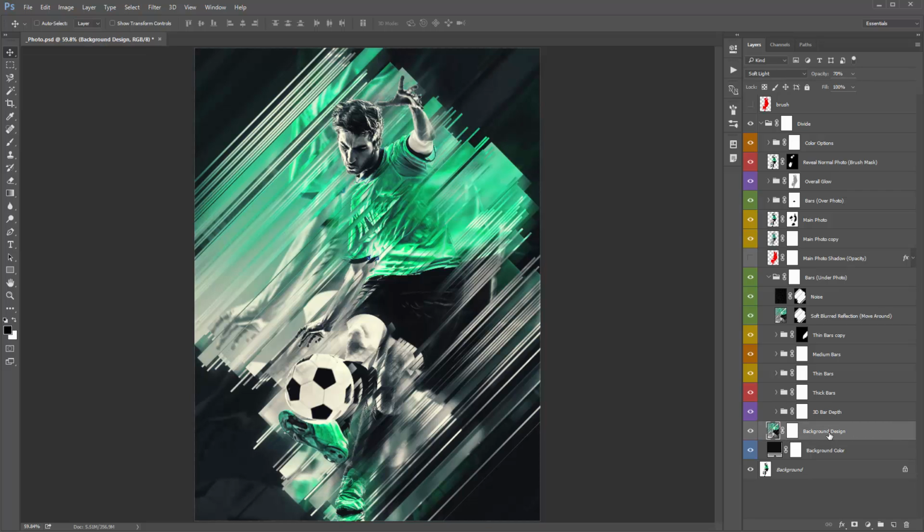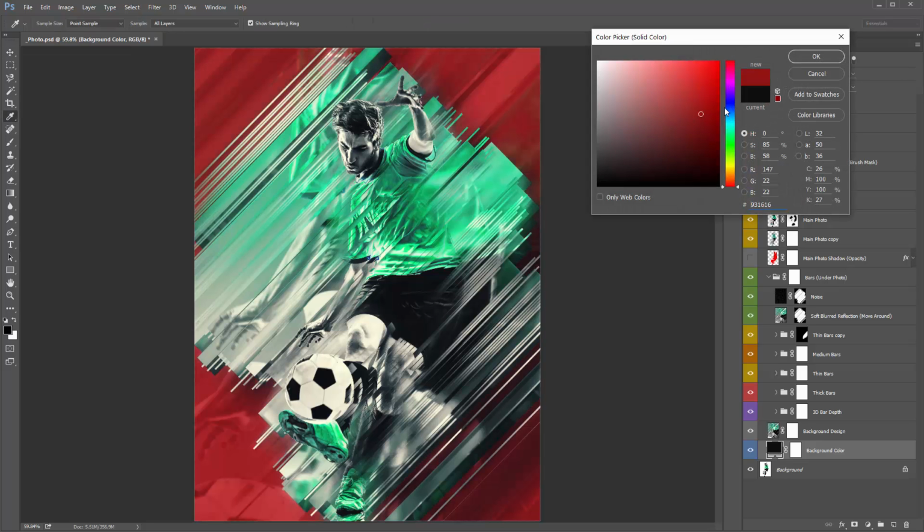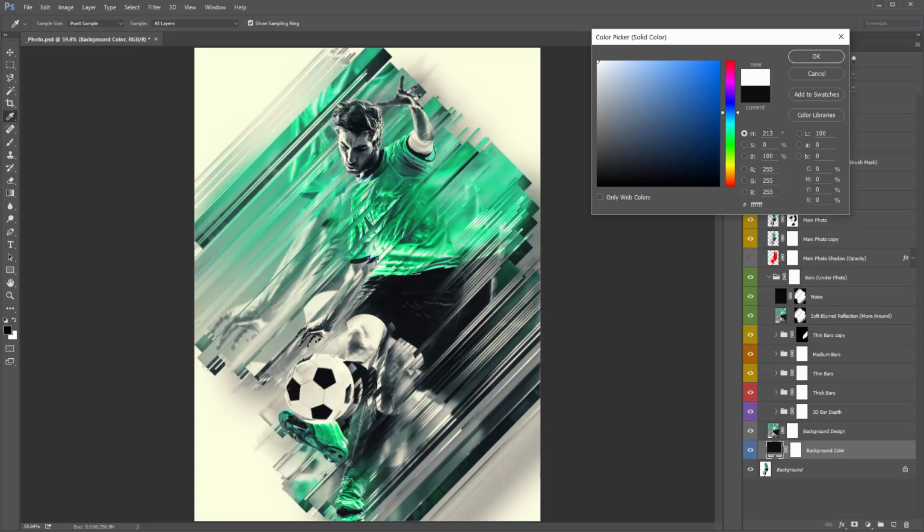Now this layer here, background design, if I turn it on and off, you can see that that's the background design there. And what that is, it's basically a snapshot of everything here. It's scaled right up and it's set to soft light, so it'll blend very softly with your background color. Okay, and here's the background color layer. You can change that to whatever you want. If you wanted a red, a blue, okay, you can do that, or white. White will filter out that background